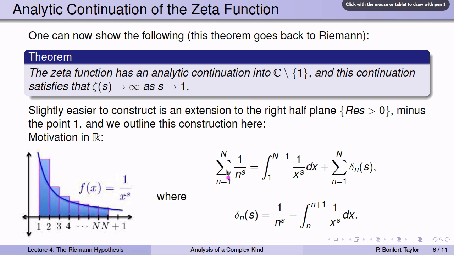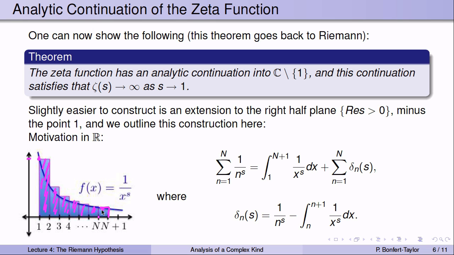The sum from n equals 1 to some bound uppercase N of 1 over n to the s, again, can be viewed as follows. The first term is 1 over 1 to the s. 1 over 1 to the s is this height right here, so the first term is the area of this first rectangle. 1 over 2 to the s is the area of the next rectangle, 1 over 3 to the s, 1 over 4 to the s, and so forth. So this entire sum here is the area of all these rectangles up to the rectangle that starts at N